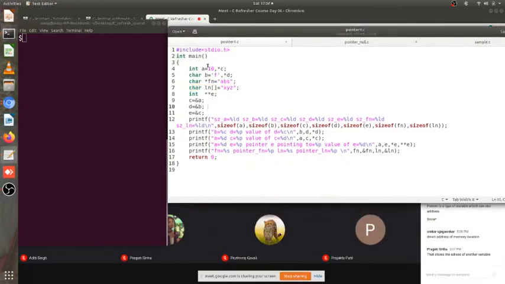Fine. So we have reached up to this point. What we did was, we created an integer variable. We assigned it a value 10. Then we created a pointer c. Then in line number 9, we joined those two. That is, C को हमने बता दिया A का एड्रेस क्या है, यानी A किस मेमोरी लोकेशन में वैल्यू स्टोर करता है वो बता दिया, यानी A के बैंक का चाबी दे दिया C को, ऐसे आप बोल सकते हो.